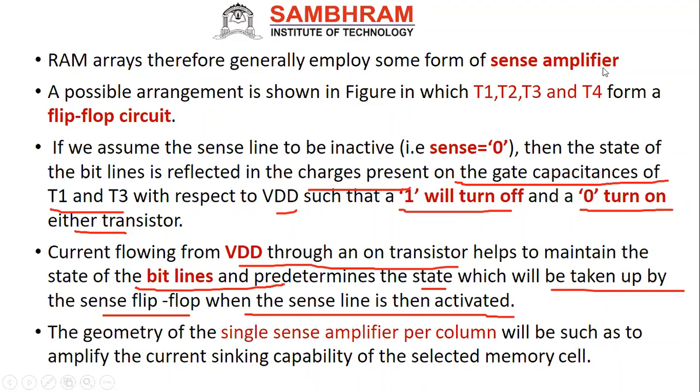So each and every individual cell will have a sense amplifier. It will be like a sense amplifier per column. It is said to amplify the current sinking. As I said, amplify the current sinking means when the bus is carrying a logic 0, there will be current sinking, which will be amplified with the help of the single sense amplifier per column. That is nothing but your 4 cell and 6.